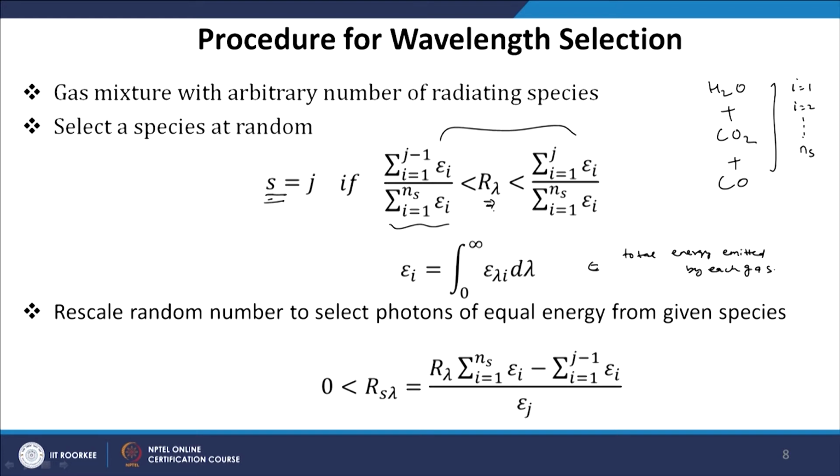Now, we want to see how much of that fraction will be emitted in a given wavelength range 0 to lambda. So, we have to rescale the random number r lambda. We represent Rs lambda equal to r lambda times the summation over I equal to 1 to Ns of epsilon I, minus the summation over I equal to 1 to j minus 1 of epsilon I, upon epsilon j, where epsilon j is the total energy emitted